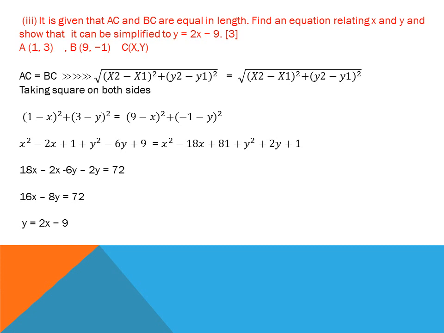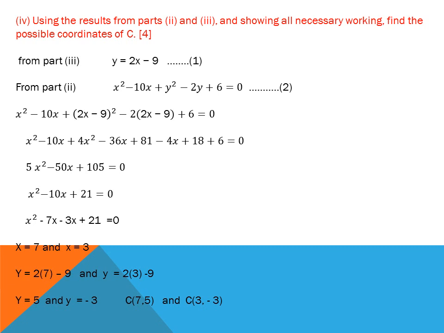It's very easy to expand these two. You should only focus on the method, strategy and planning of the question, how to solve the question. There is a need to apply the distance formula, so you should focus on the distance formula. The rest is only working here. Because you should expand the formula (1 minus x) squared, then (3 minus y) squared. Expanding the formula on both sides and simplifying, find the final answer y is equal to 2x minus 9, which is required, carrying 3 marks. It is 100% the same as in O Levels.